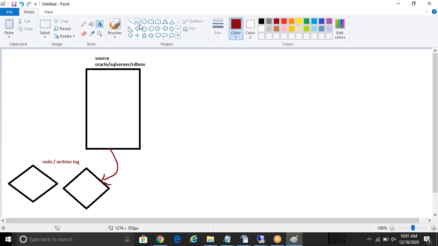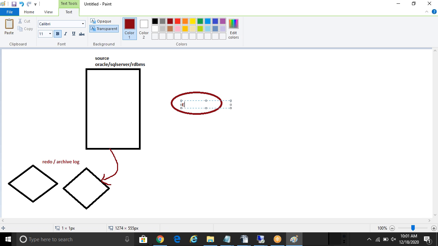And now, this is my extract. Whatever changes are happening in real time will be stored in the transactional log. That's a generic term. In Oracle, it will be redo and archives. In SQL Server, it will be T logs. So my extract over here,